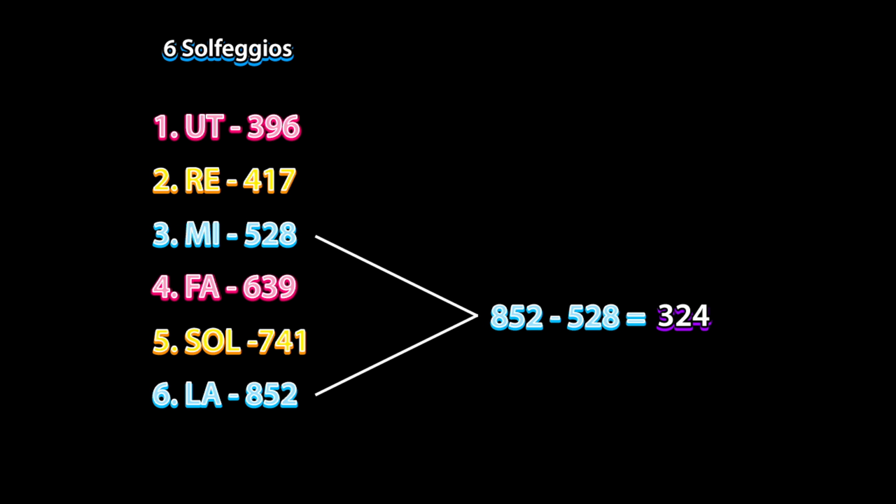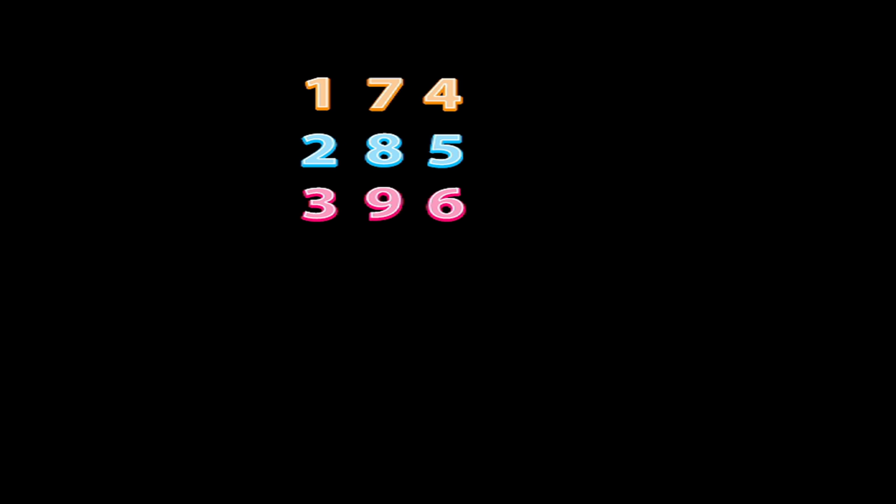In this last family number group, we're going to subtract 528 from its shifted pair of 852, which gives us 324, or another 432 shifted to the right 2 places. So after discovering the 432 interwoven within the shifted pairs of the family number groups, I decided to do a